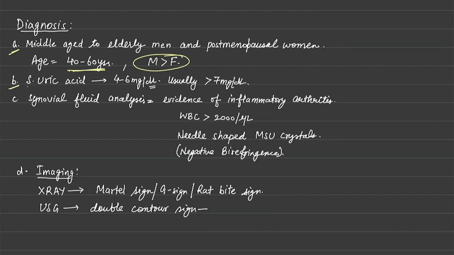Then we will do serum uric acid. The normal level of serum uric acid is 4 to 6 milligrams per deciliter. Though it is different for males and females, it is 5 milligrams for females and 6, 6.8 milligrams for males to be precise. If it is more than 7 milligrams per deciliter, it is suggestive of gout, obviously along with the symptoms and signs, right? But in case of acute gouty arthritis,